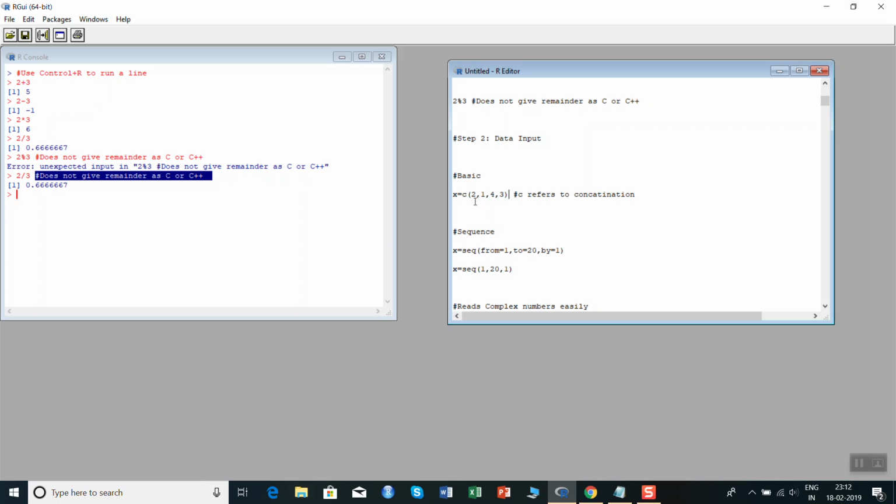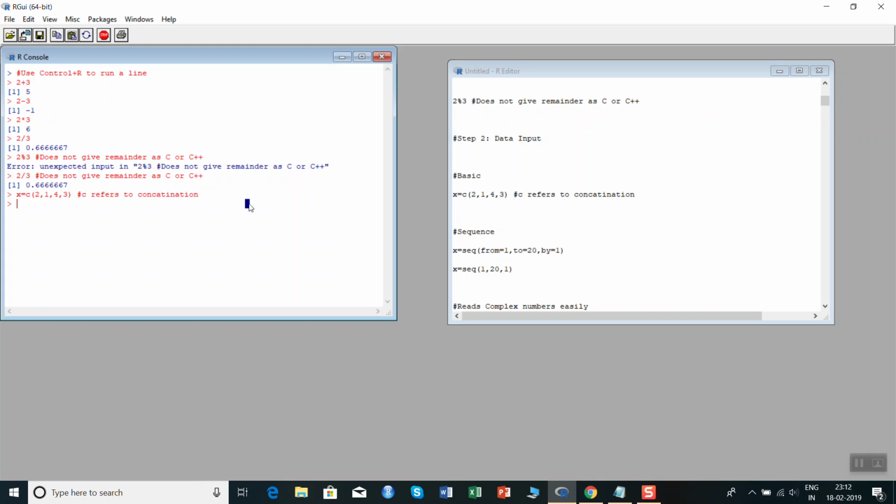We can write x equal to c(2, 1, 4, 3). Here the c means concatenation, and in R every symbol has its reason. So c refers to concatenation. Let us now execute x. X should give 2 1 4 3. Yes, it's giving 2 1 4 3.